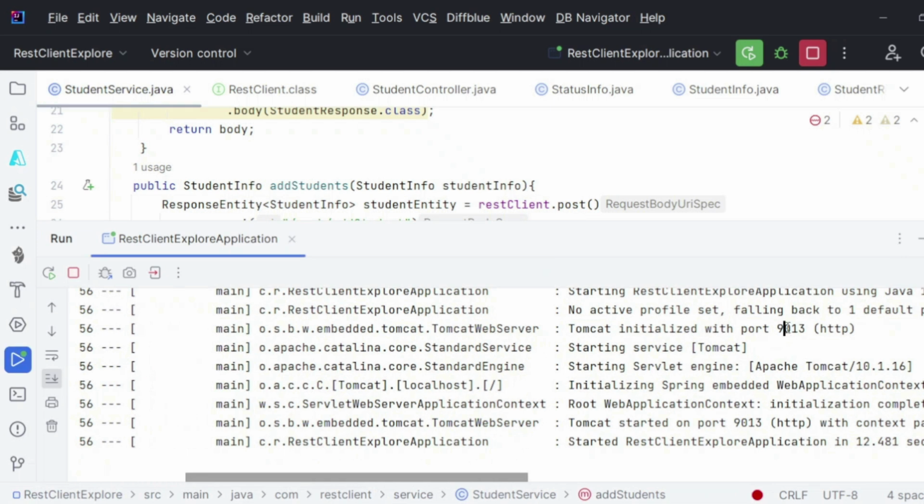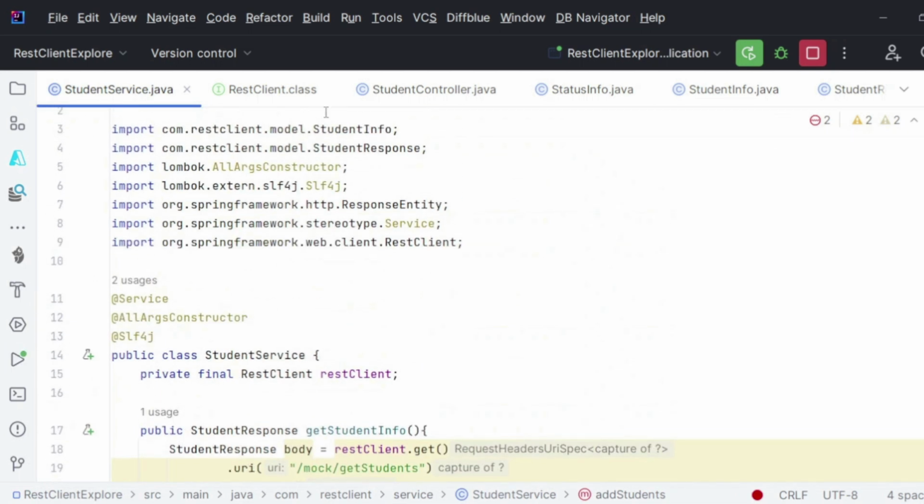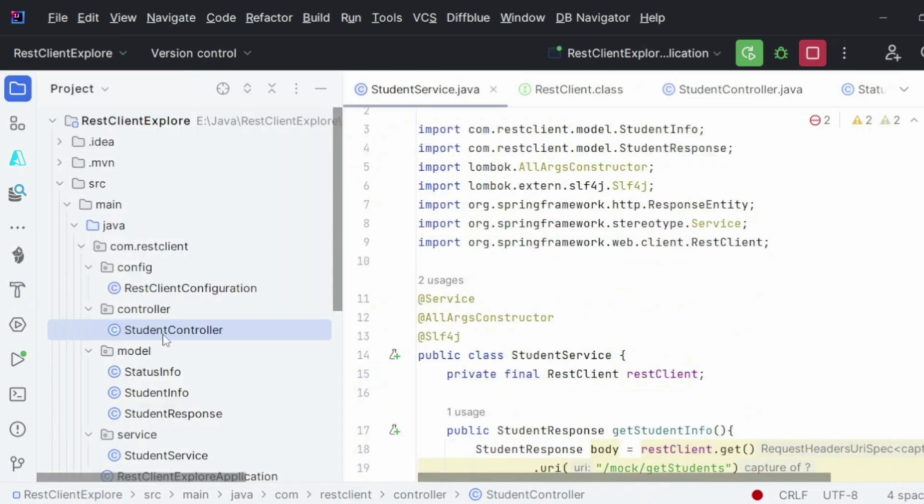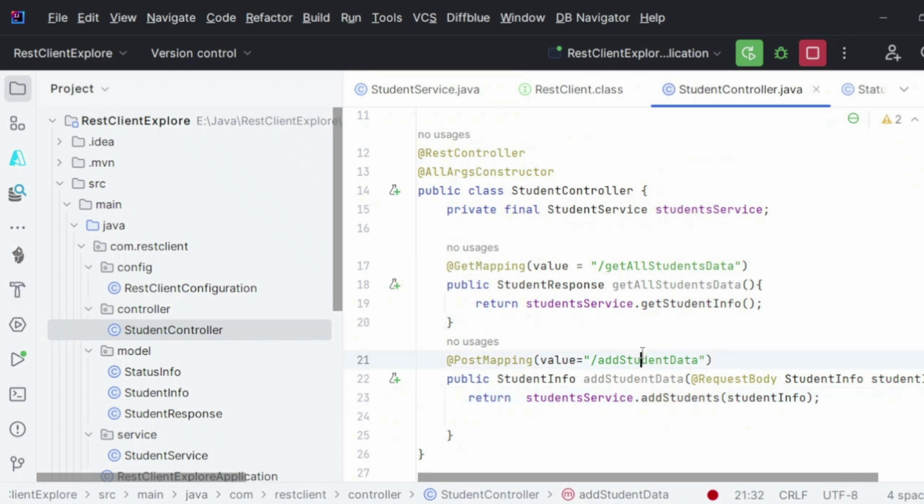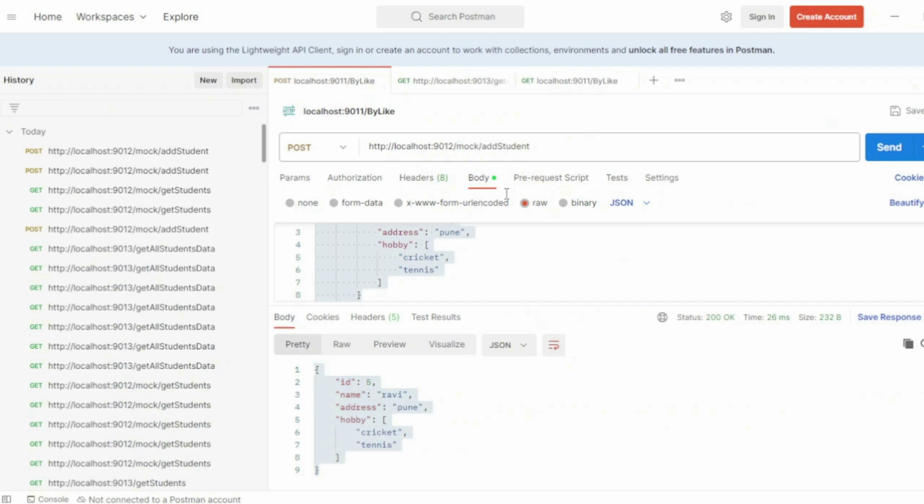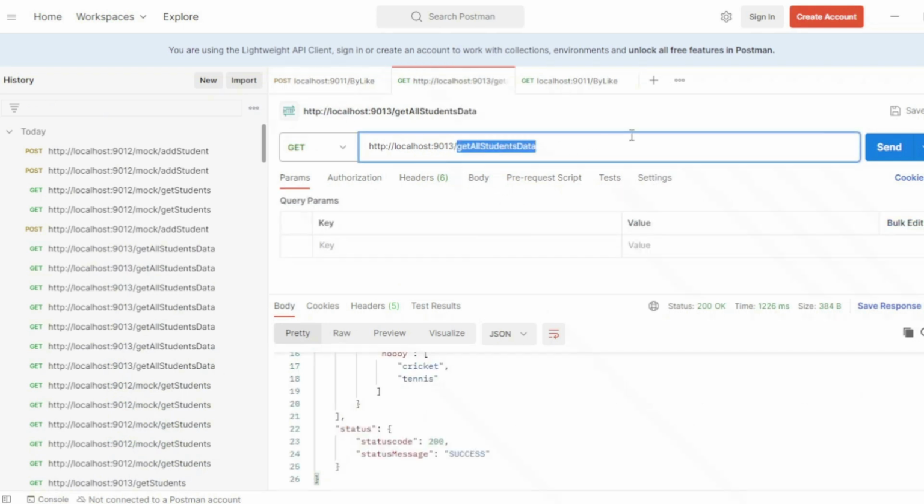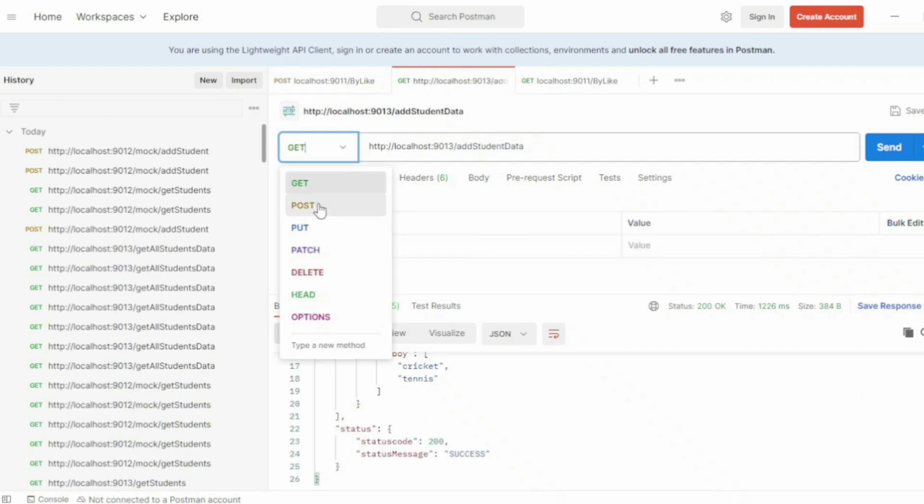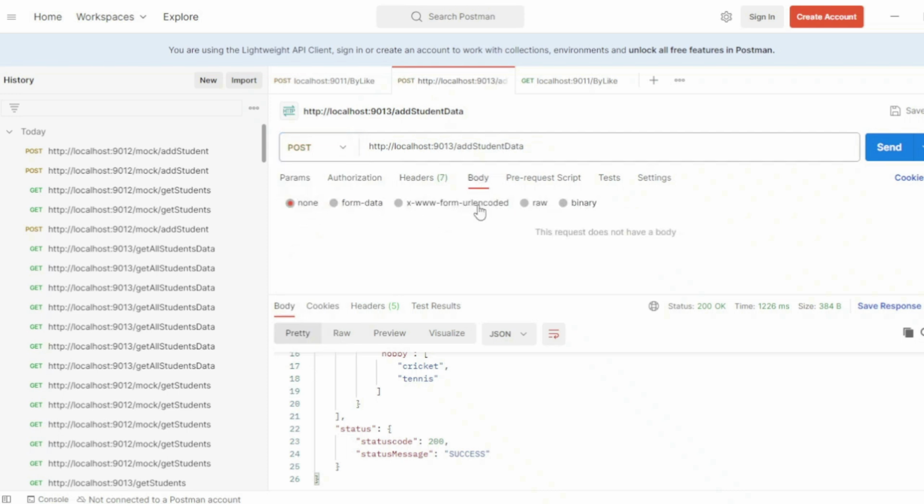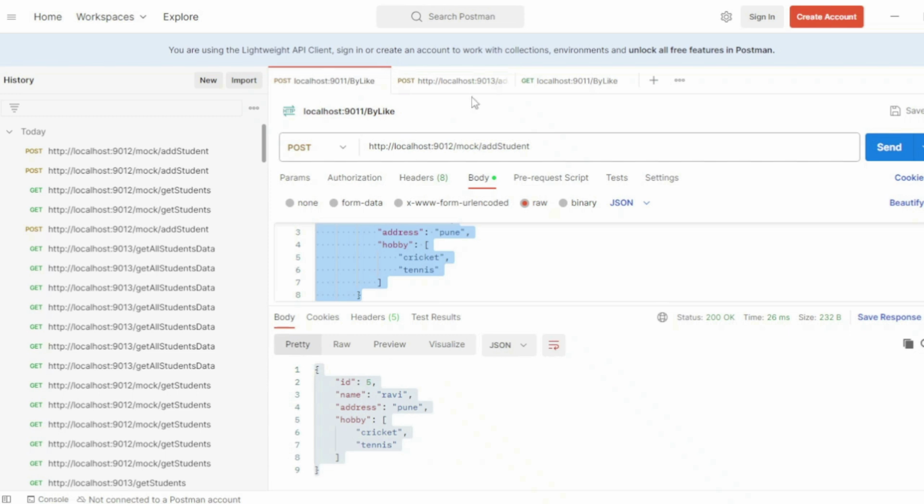And the port is 9013. Okay, 9013 is the port. Then what about my controller? Controller is add student data. So 9013 is the port, and add student data. This is a post call, and body, let's prepare the body. Okay, so the body should be according to the previous one. So let me copy paste it here